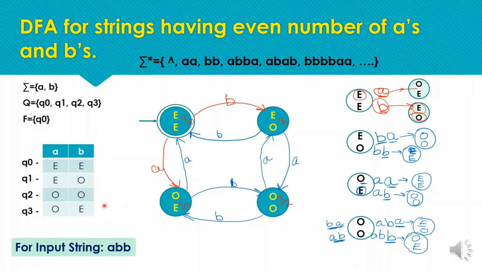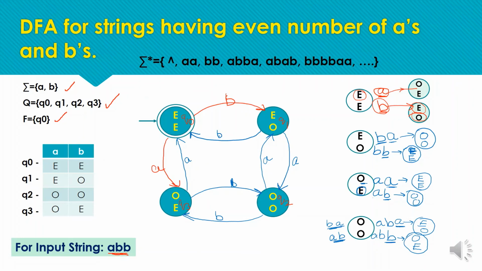Now checking for the acceptance of an input string. In the exam you have to define all the tuples, and also show the acceptance for at least one string. Defining all tuples means you have to define Q0 as the initial state, the set of input symbols, the set of states, and the set of final states. You also need to define the transition table. I have not drawn the transition table over here, but you have to draw the transition table in the exam. Next you have to show the acceptance for at least one possible input string.